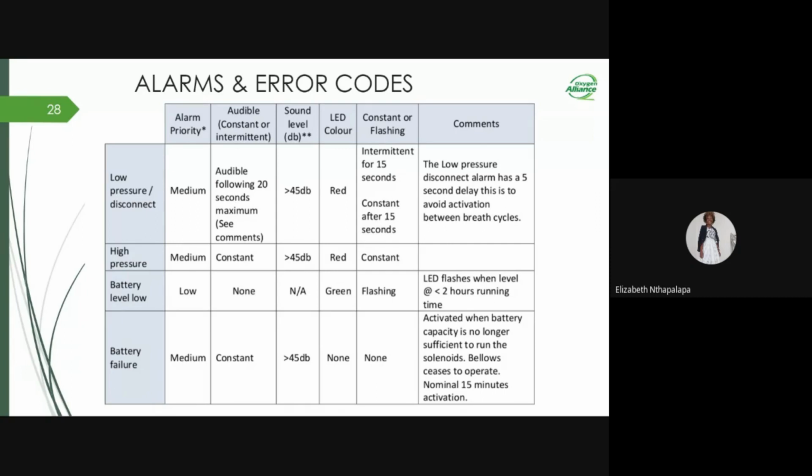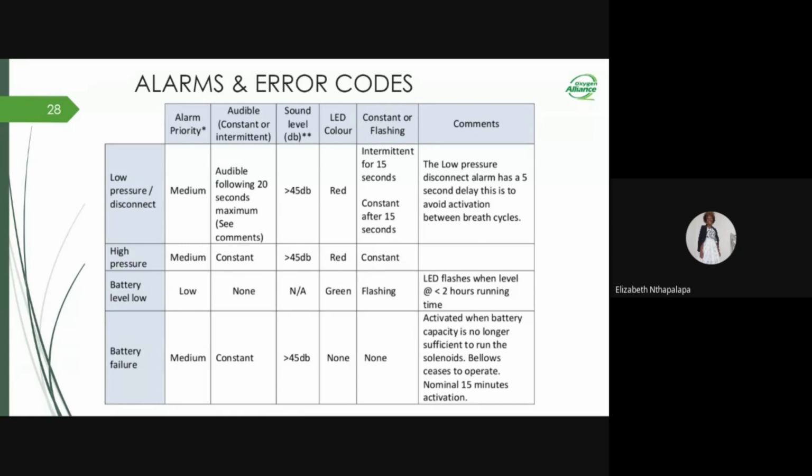So the alarms give an alert to the user on how audible the alarm should be and the color of the LED, as well as the mode in which the LED will be lighting under different levels of priority. To begin with, I'll explain how the low pressure or disconnect mode works on the machine. It is represented by a red LED that is intermittently flashing for 15 seconds, and after 15 seconds it changes to constant lighting. And when it reaches almost 20 seconds, it is followed by an audible alarm,